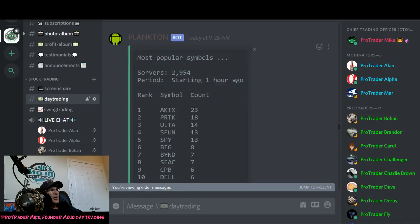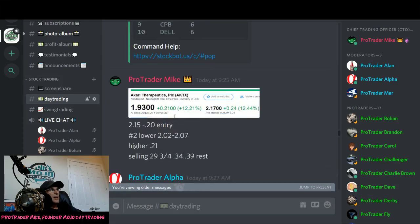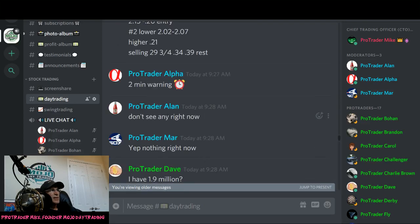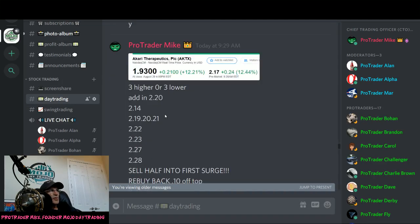And the pop this morning was AKTX and PRTK. And then there it goes right there. 217 in the pre-market, so we're going to go 215 to 220 entry. Number 2 lower at 202 to 207. Higher we add 221. We're selling 229 3/4 and then 34, 39 higher the rest. And now the 2-minute warning happens and we're off. We're in 214,